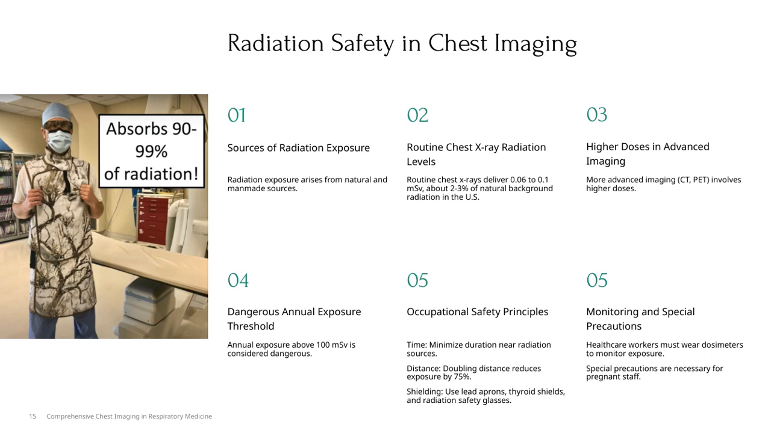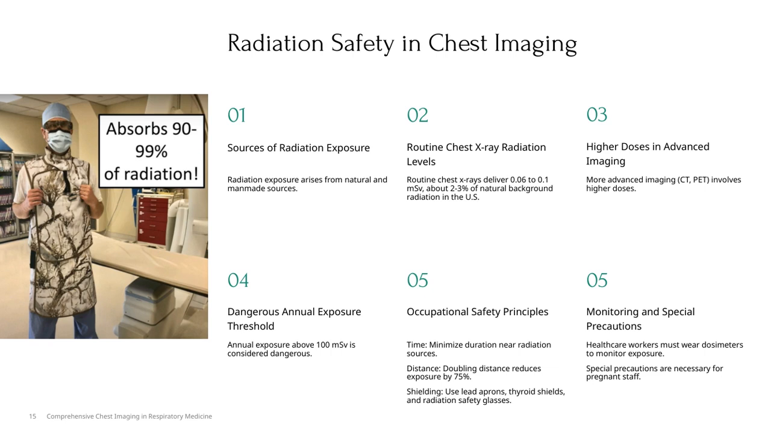In advanced imaging techniques like CT scans and PET scans, the doses involved are higher compared to standard X-rays. This means we need to be more cautious with these procedures. For routine chest X-rays, the radiation dose is relatively low, about 0.06 to 0.1 millisieverts. To put that into perspective, it's roughly 2 to 3% of the natural background radiation we're all exposed to in